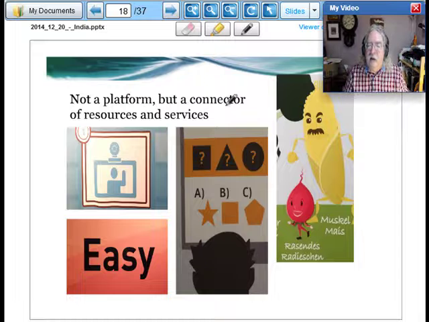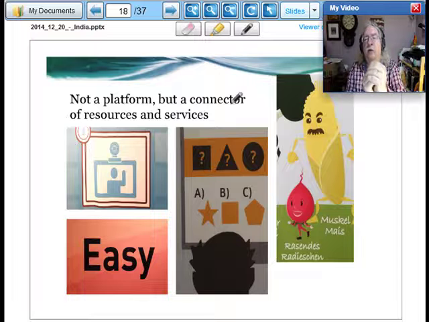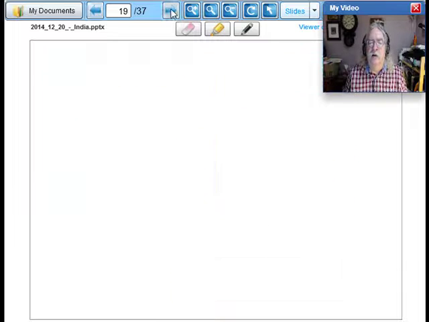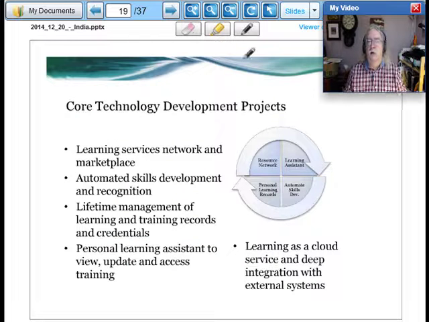So we're building a connector of resources and services. There's the individual thing at the center that the learner uses, but the functionality that this thing has is largely derived from the different connections it has with other resources and other services.